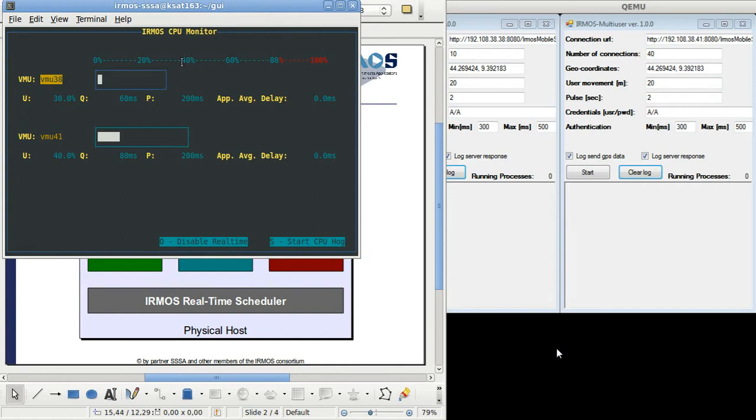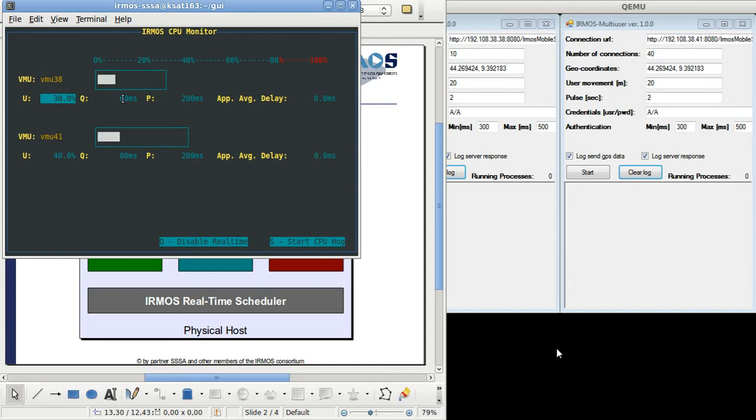Here we are logged onto one of the servers on which we are running our real-time scheduler. This is basically a modification at the kernel level of the scheduling strategy of Linux, scheduling of processes. This way we can encapsulate each virtual machine deployed on this host with a temporal capsule, which is basically a CPU share allocated to the virtual machine, but with a fine control over the time granularity over which the CPU is guaranteed.